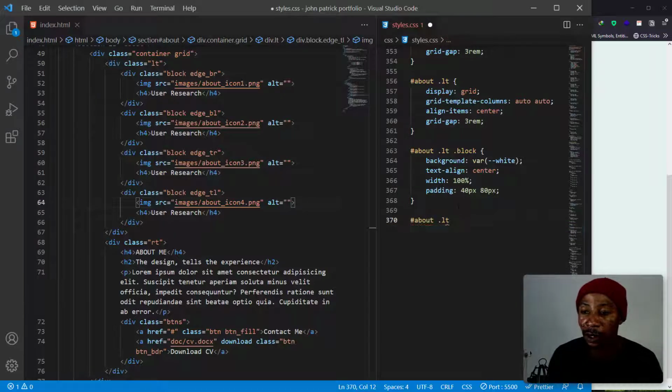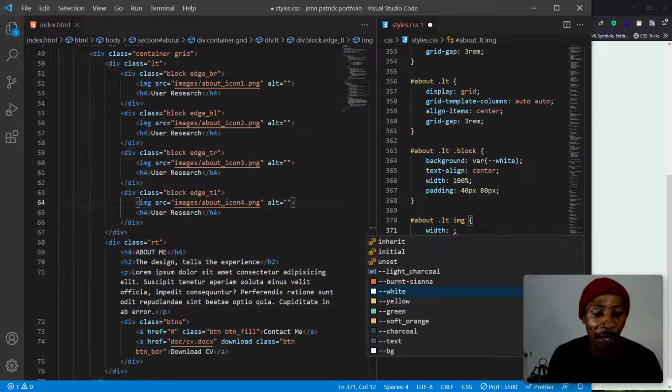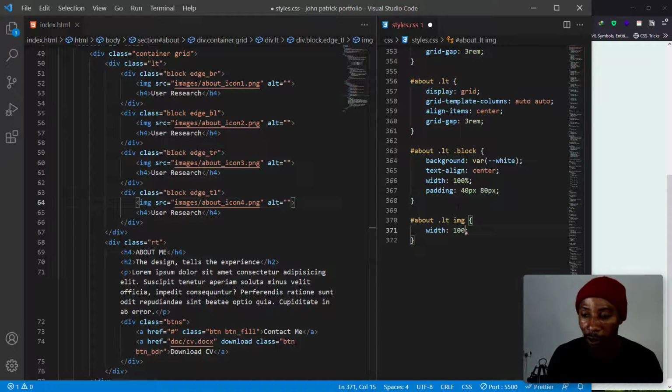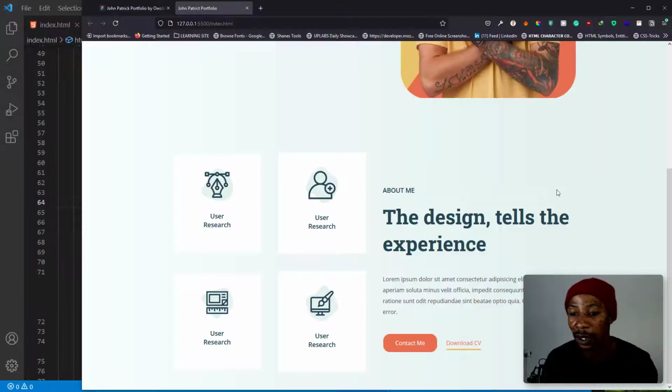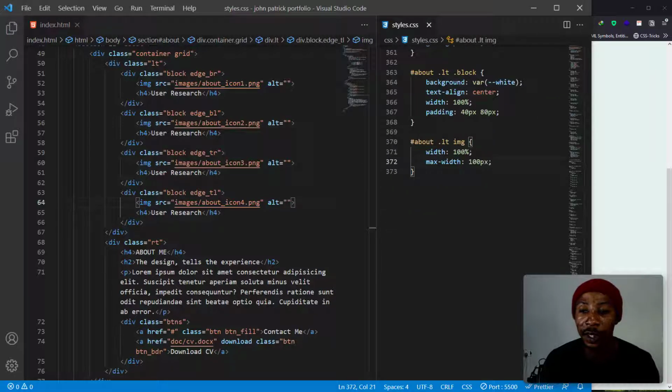LT, and IMG. So let's just style width. We want the width to be 100%. So just say width 100%, and max width, we want that to be 100 pixels. So let's just save this, and you see now it comes to the normal size that we want. So now let's style the edges. Let's make the border radius,